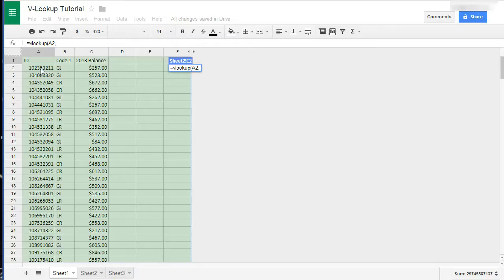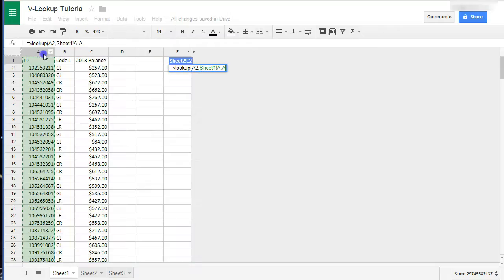Okay. And what I need to do is select an array. If this had more columns, it wouldn't be necessary to select all of the columns. I'm holding the shift key and selecting a range. The important thing about this range is the leftmost column needs to be the reference key or the unique identifier. So if these were, for example, 3 columns in the center of the spreadsheet, I would again need to start with the unique identifier or the ID column. Now I'm going to put a comma,